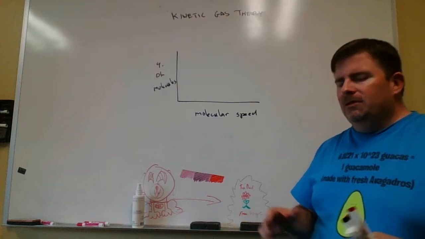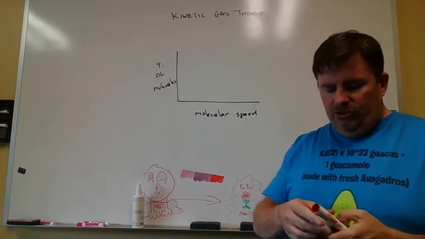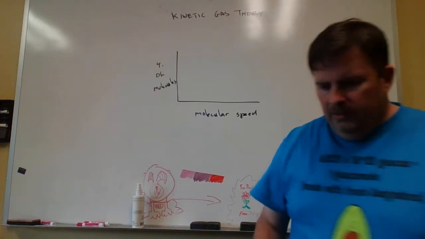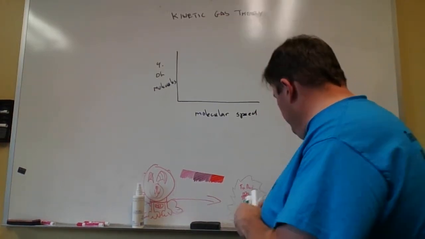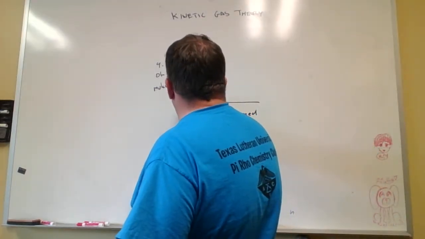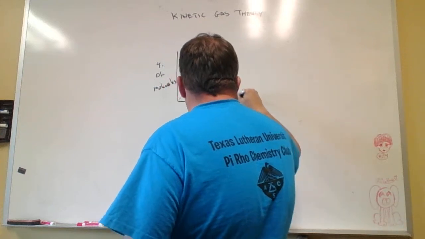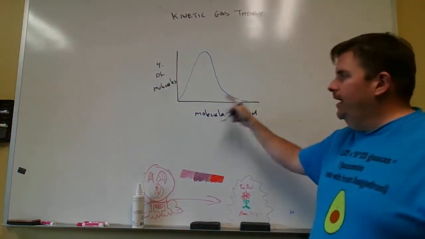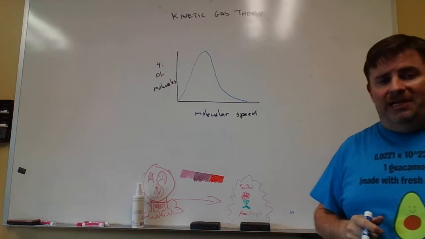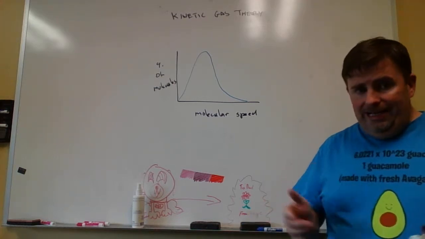If you think about it, when things get cooler, they slow down. And when they slow down, you have a larger grouping down here. So let's use blue. Hopefully this blue marker works. That's not too bad. So when things are cold, I'm going to have a larger group of molecules that are lower on the molecular speed table. As I heat things up,